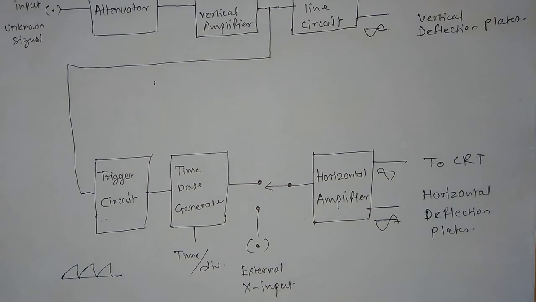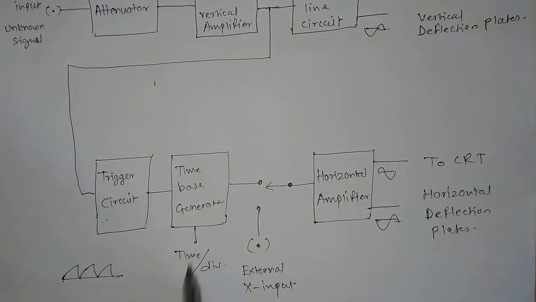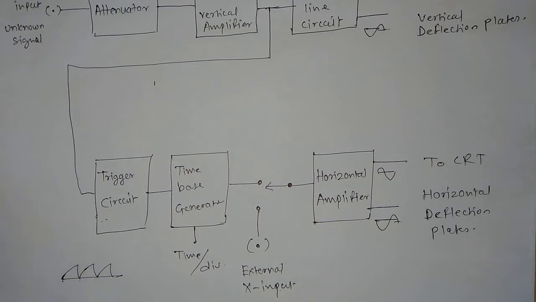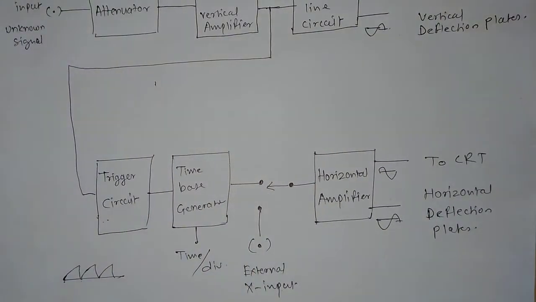So that is why this signal is called time base, and it is generated by this circuit. That is why this circuit is called a time base generator. The time for the cycles can be changed using a control called time per division, which is again present on the CRO's front panel control. By this, the time for one cycle of the sawtooth waveform can be increased or decreased using this time base generator. Next to it, there is a switch connected here.